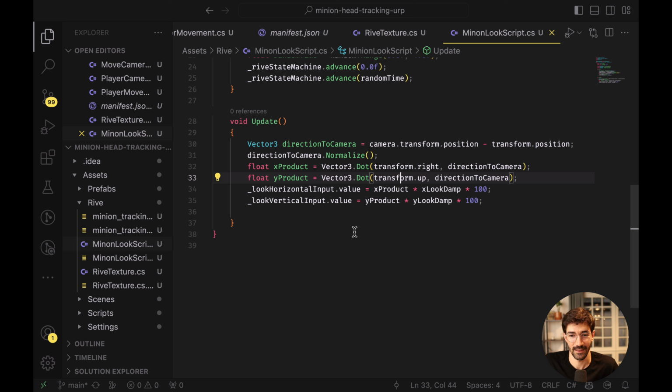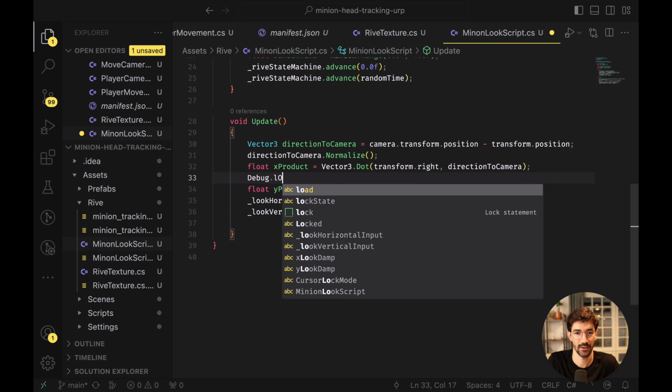And the best way to illustrate that is if we take a look at the X product. You can see that we're taking the direction to the camera, and this direction to the camera will be the camera transform.position subtracted by the transform.position. So the current game object, which is the minion, we subtract that transform position from the camera's transform position. We normalize that value, and then we calculate the dot product based on transform.right as our standard with this direction to camera. So if we log out this value, let's just say Debug.Log,